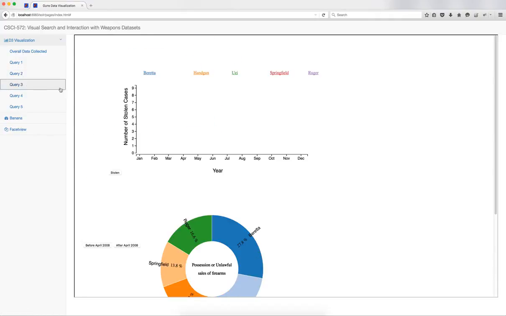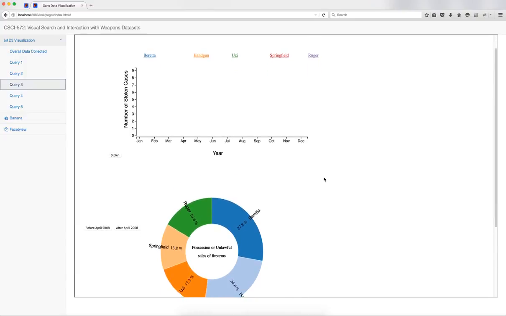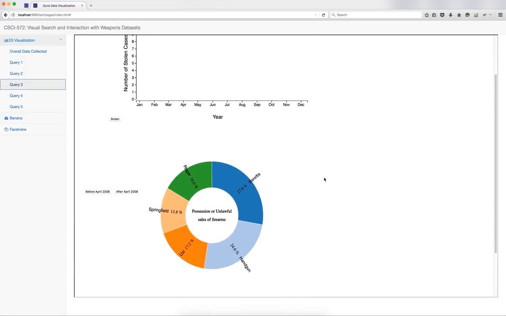Moving on to the third query. The third query was about indicating if the shipment of bulk arms is stolen, whether there was a rate of increase in the sales of that particular make or model. We decided to focus on the data before and after April 2008 to answer this question.